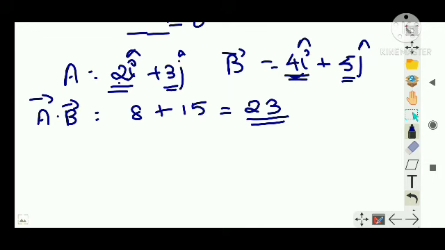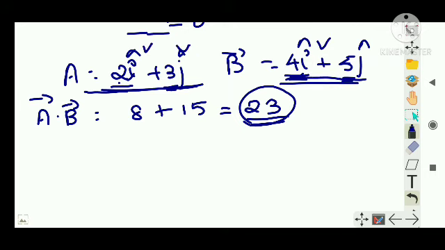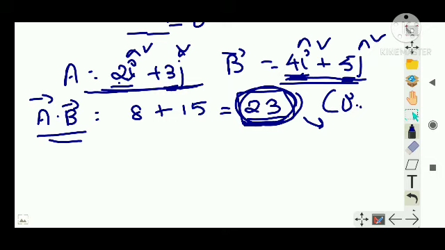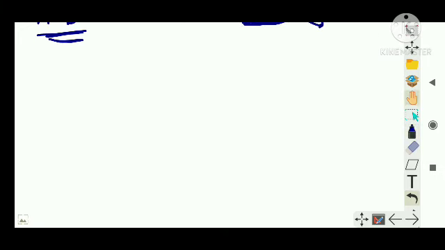So see, what answer did I get? When I multiplied, this is a vector and this is also a vector. That is, they have i quantity and j quantity, that is, unit vectors with them. But when I took their dot product, I got an answer. Does it have any i, j, any coordinate system? No. You are just getting a value. That is, no direction is specified. That's why in dot product you always get an answer which is a scalar quantity. Clear? Simple.